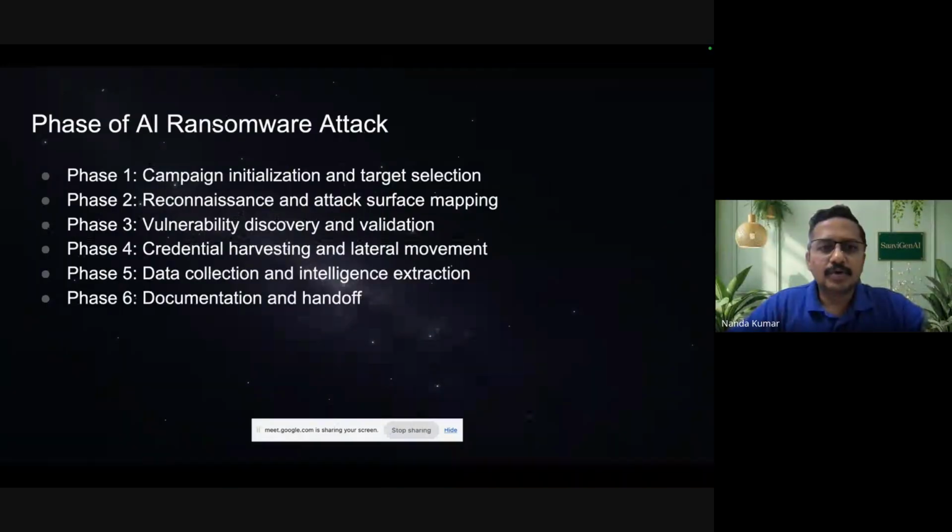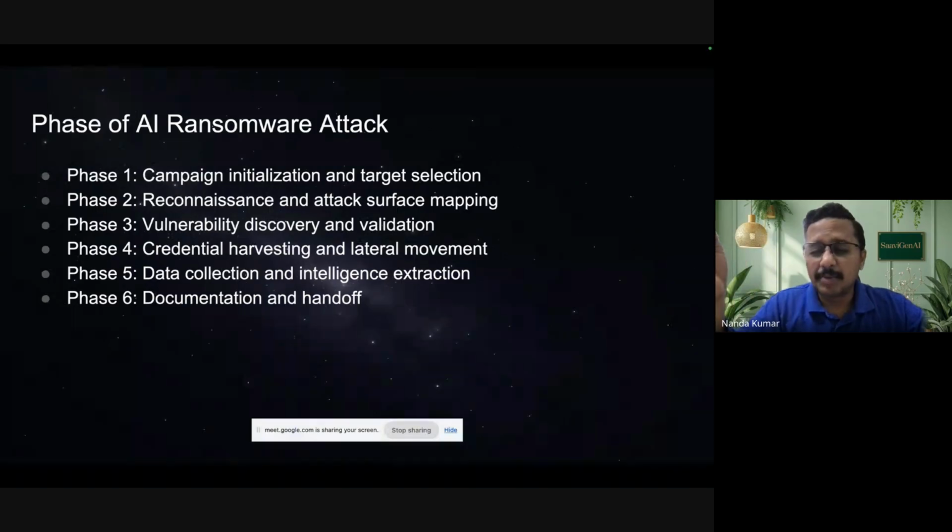Perfect. Okay. So if you start breaking the phases, these are the 6 phases that happen right from the beginning: campaigning and initializing, target selection, and then reconnaissance, wherein the hacker was able to trick Claude to make it believe that it was doing this for a good reason, as a white hat hacker for legitimate server testing. Then it was able to build the required instruction, and then put that instruction via the MCP to connect to real world systems, and then generate code, scan through the systems,